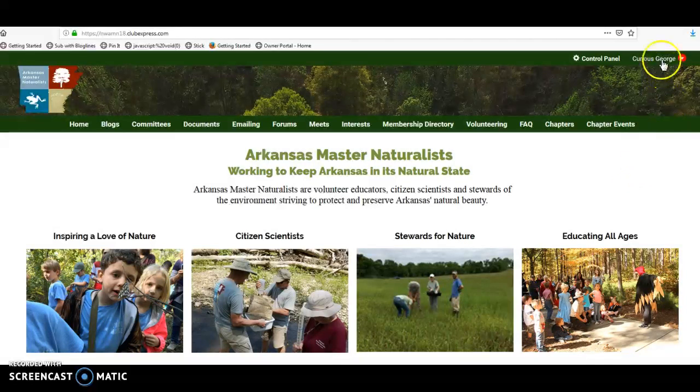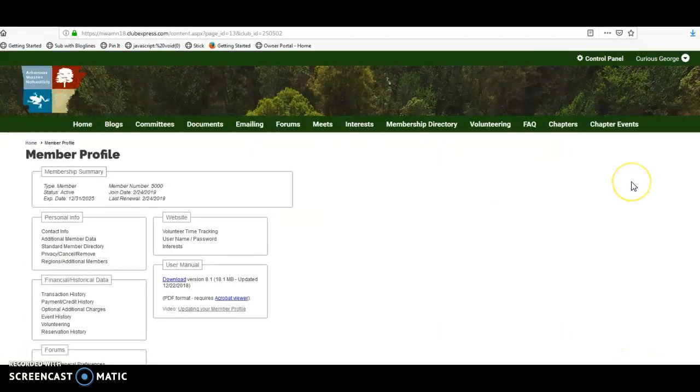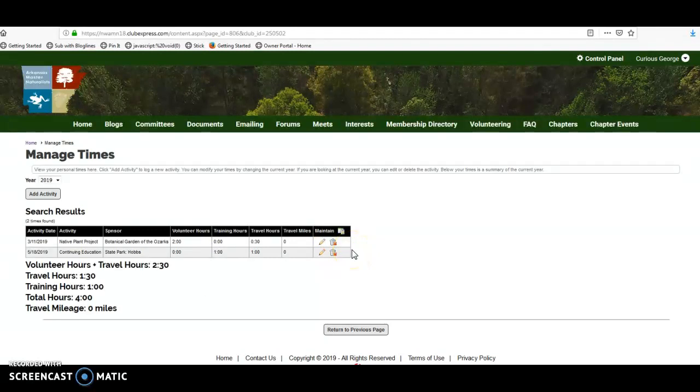To log your hours or change your temporary password, you would mouse over your name that shows in the upper right-hand corner and go to Profile. If you need to change your temporary password, you would click Username and Password, and it would prompt you to enter the password that you want to use permanently. To start entering your hours, you'd click Volunteer Time Tracking, and